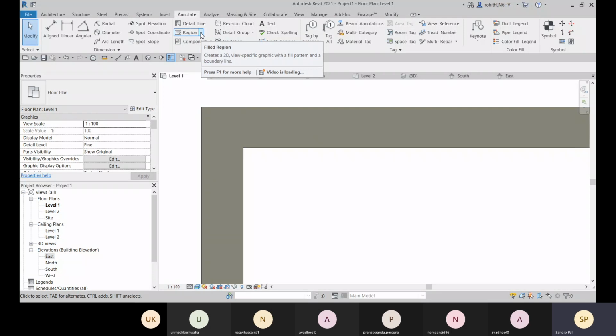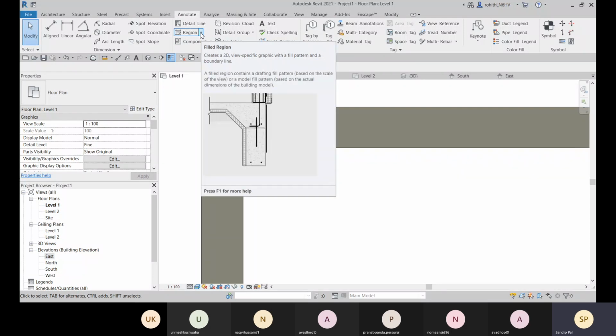And here we have this region, filled region option. So filled region is like a hatch in AutoCAD. And this region option also, you can provide any detail. Okay.